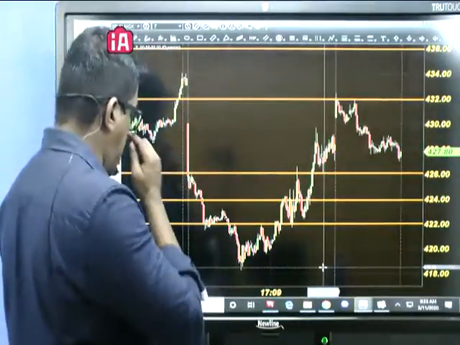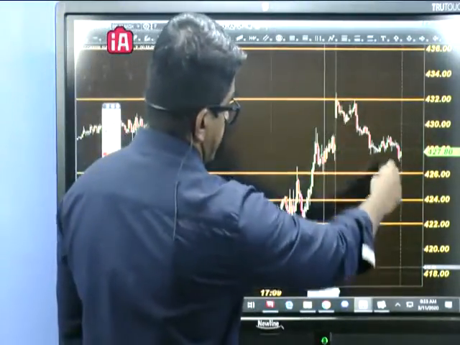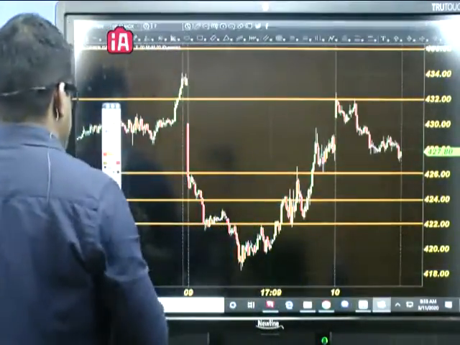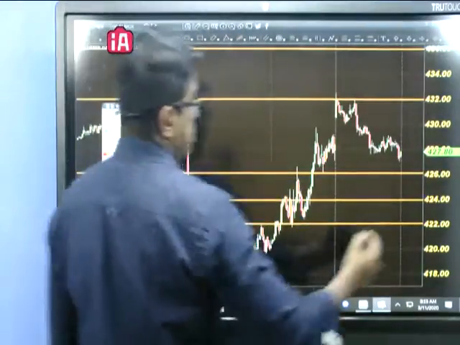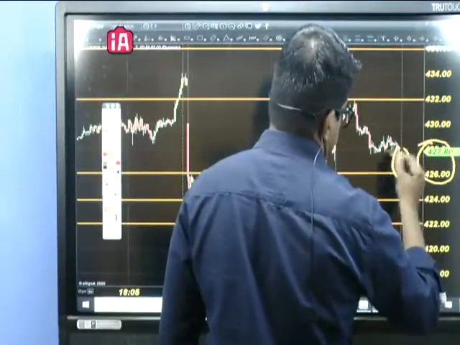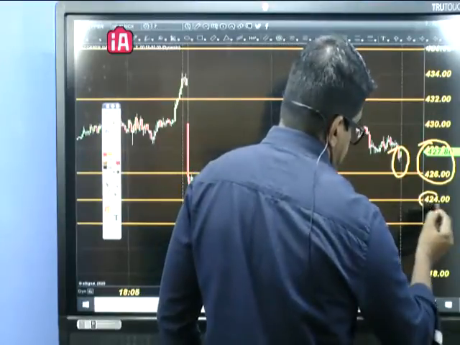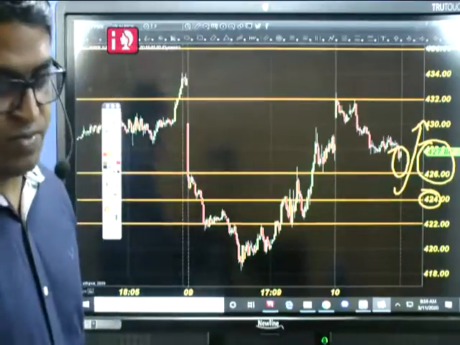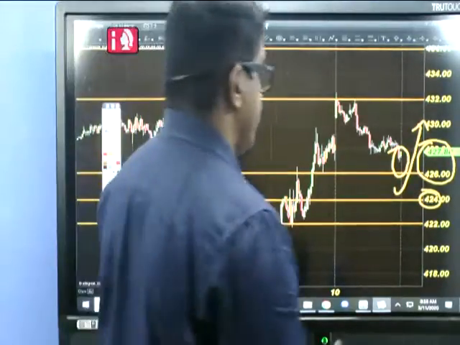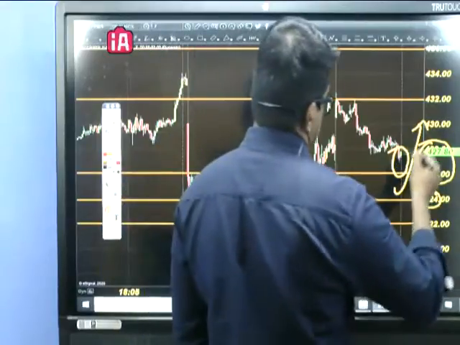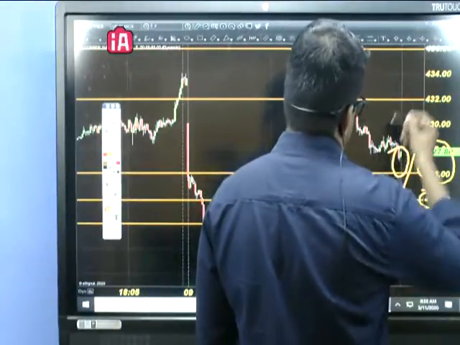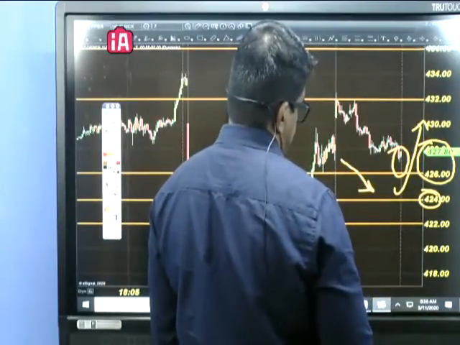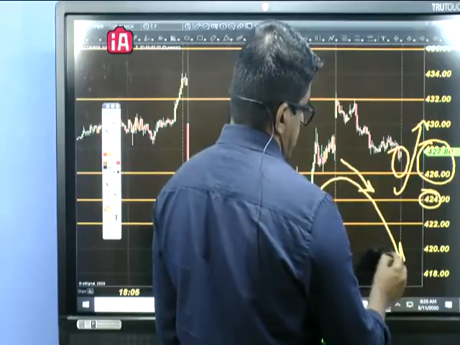It had some selling, okay, some recovery, and yesterday from the opening it went for selling, and today you can expect the price to open somewhere near 428 or within the 428 and 426 zone. Here you can expect the price to open, place stop at 424, go for buying. Let's see what's going to happen in copper. We expect copper to go for buying. If today the copper is going to withstand its buying stance, it can go for buying. If the price is going to stay close below 426, it's going to continue its downtrend.